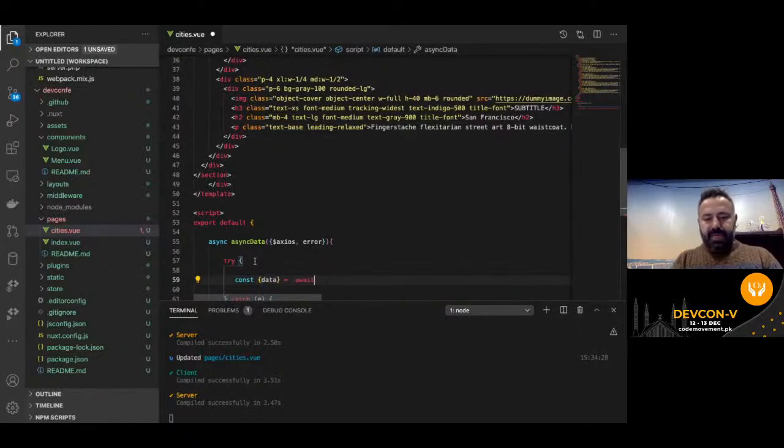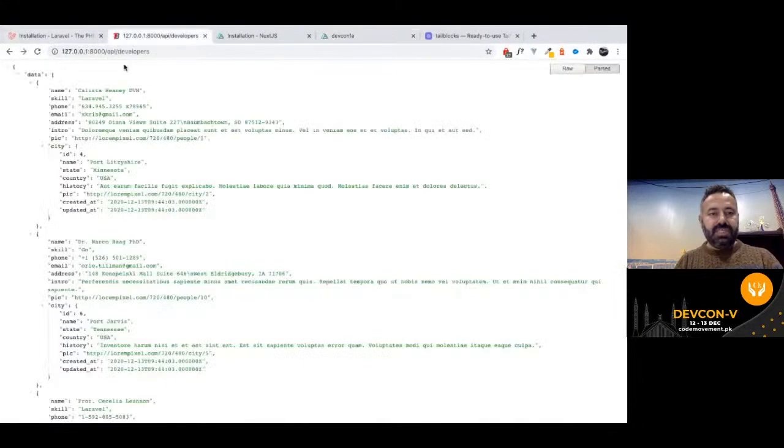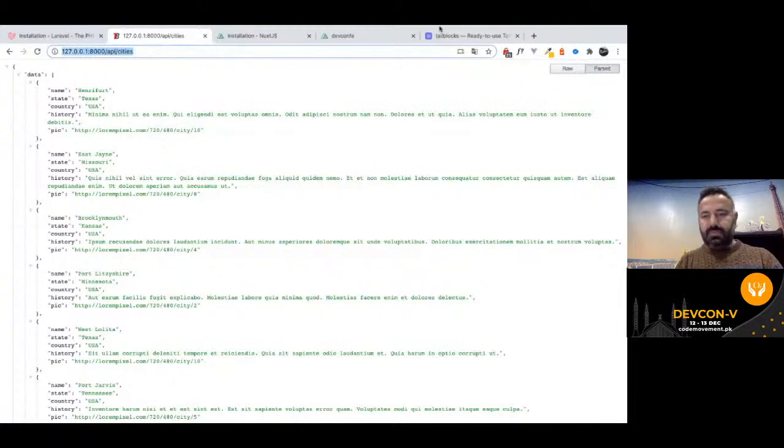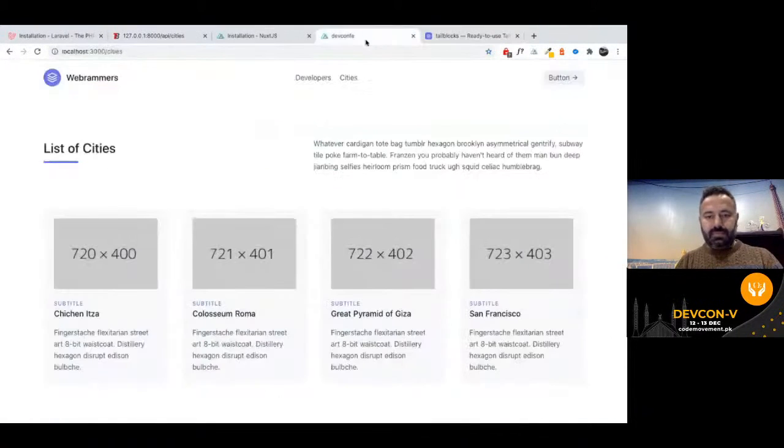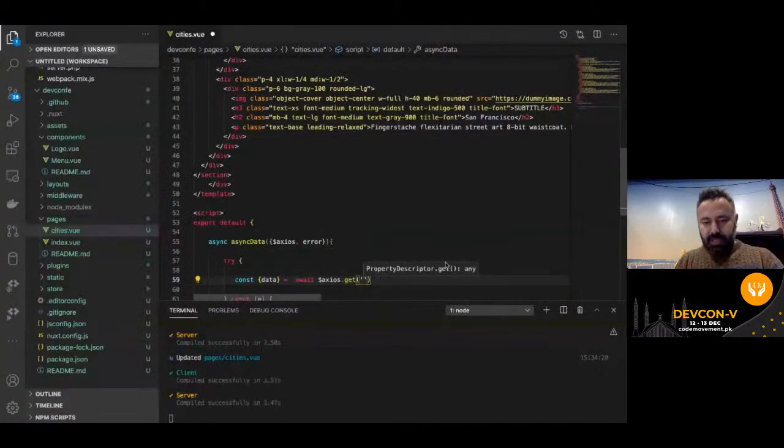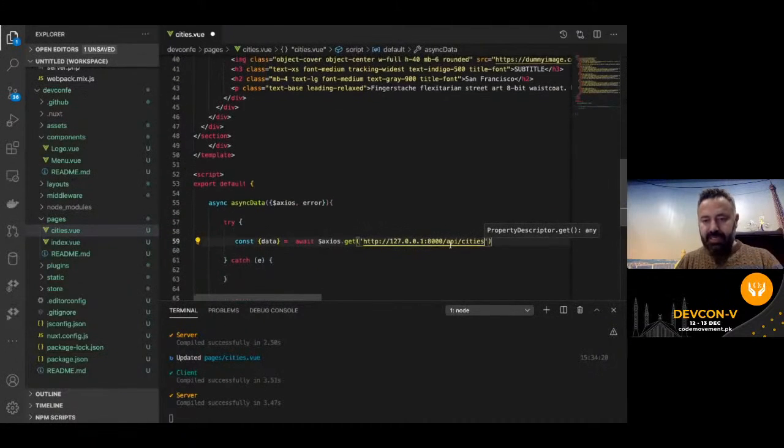I'm going to say await axios.get, and we are now going to use, of course, the cities endpoint, and going to return